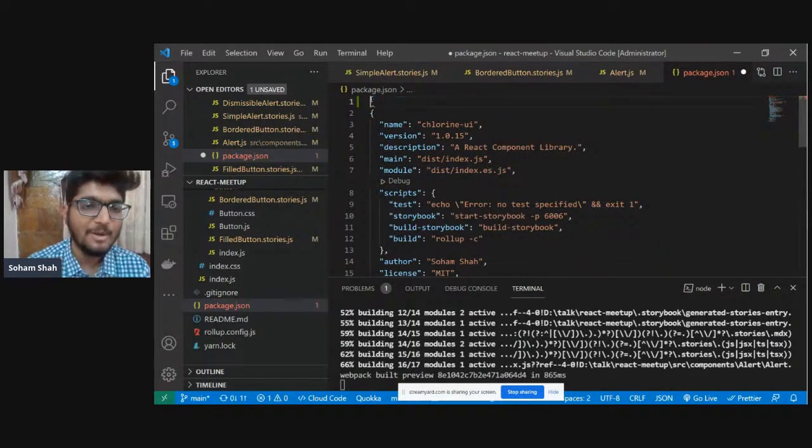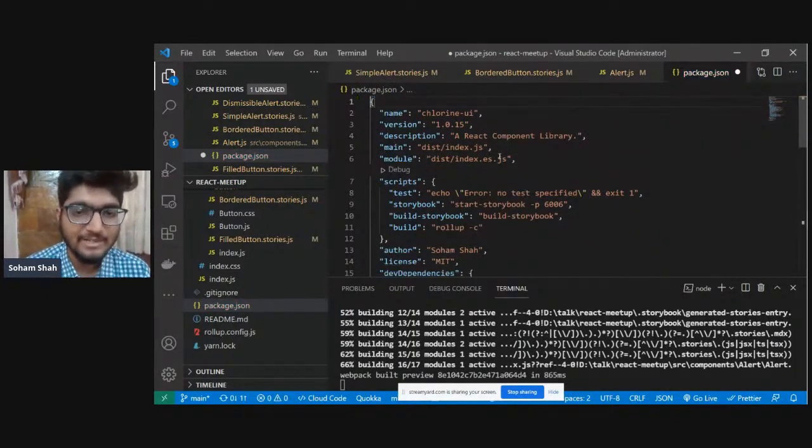Probably for React components, you might not need any CJS file, but it highly depends. I think that if we want to put it on a CDN or something, then I need one file to be used directly, and it might not be used in an ES6 kind of environment.